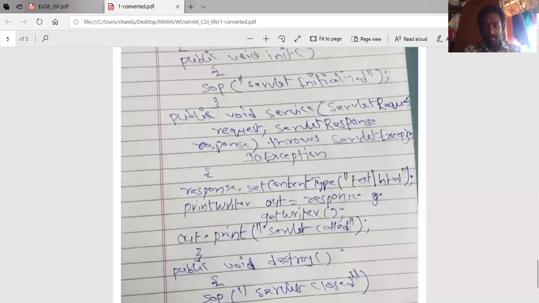Let's see one simple program using CGI and how to convert and run the file.